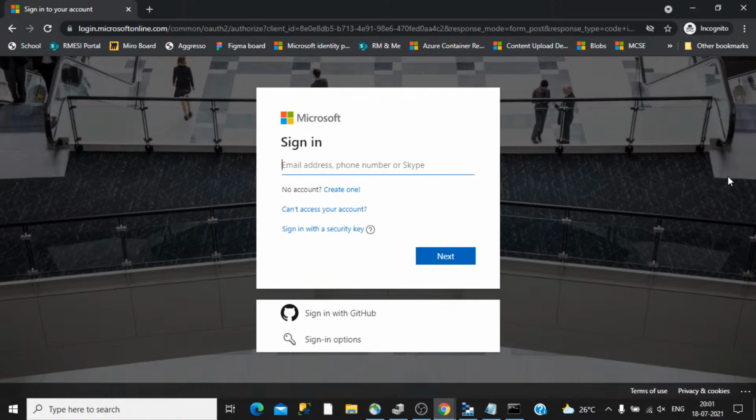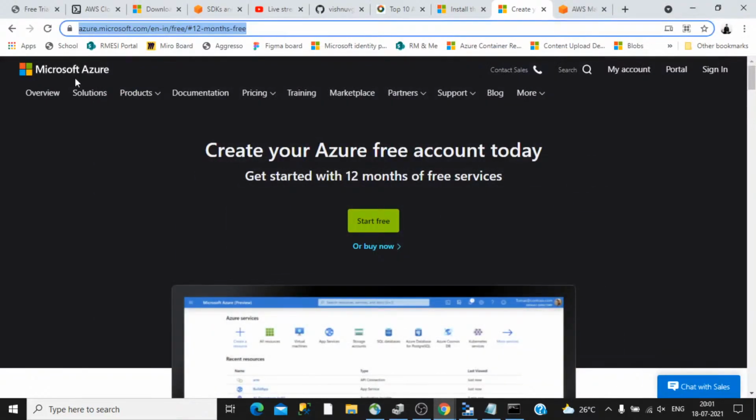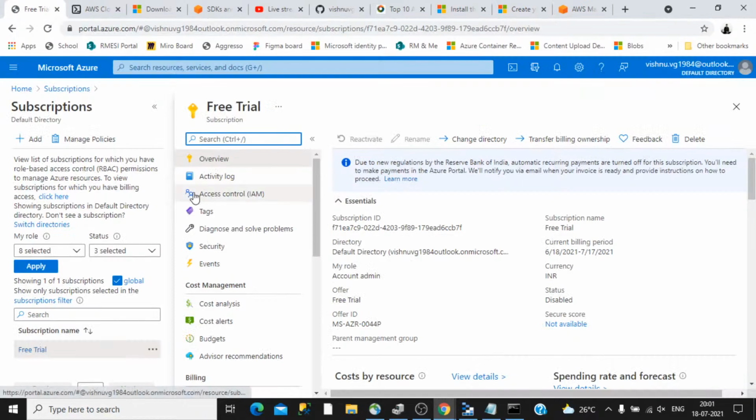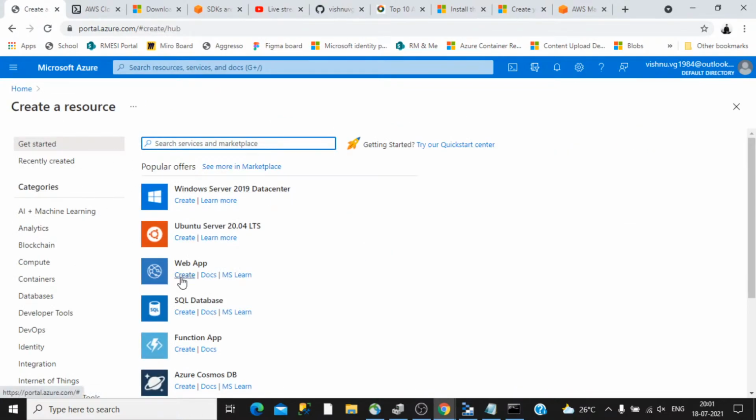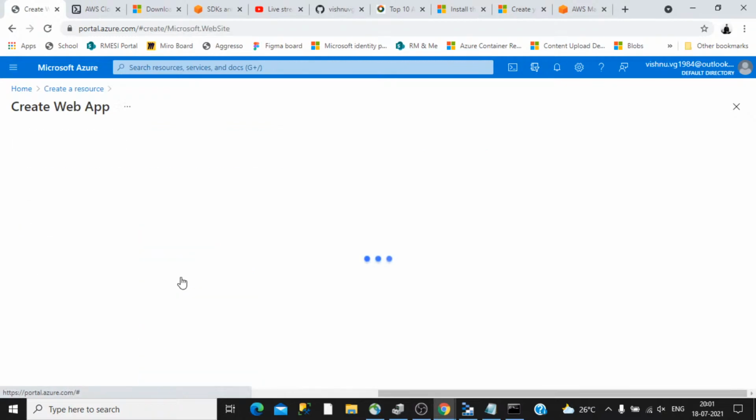When you log in with an account with an MSDN subscription, similar to what we are viewing here, a kind of subscription model called the free account, Azure will automatically show another one. For example, I can create a new web app and show you.